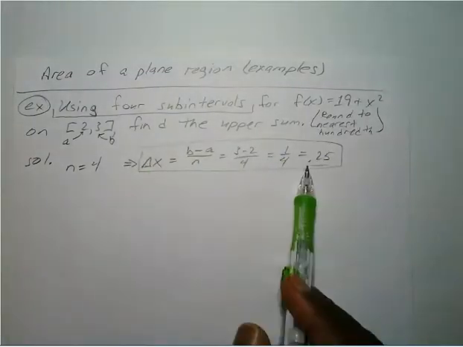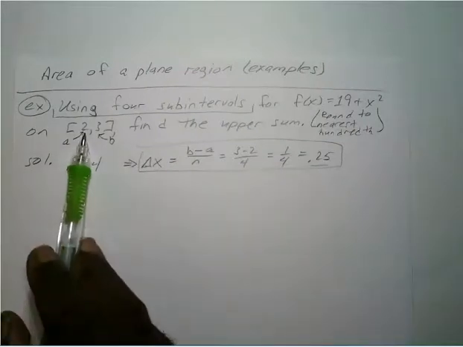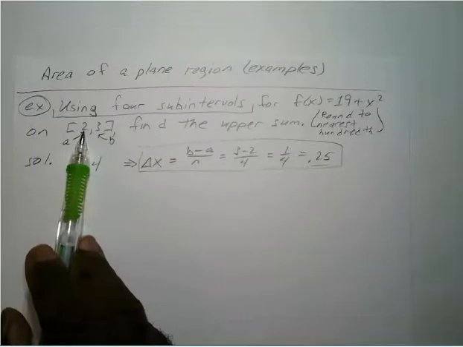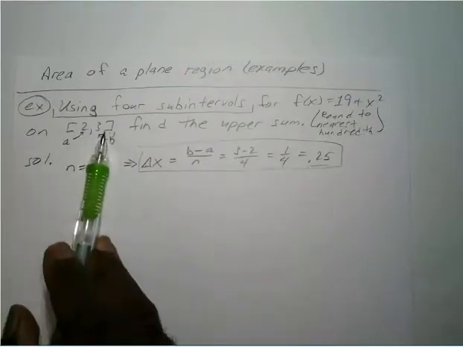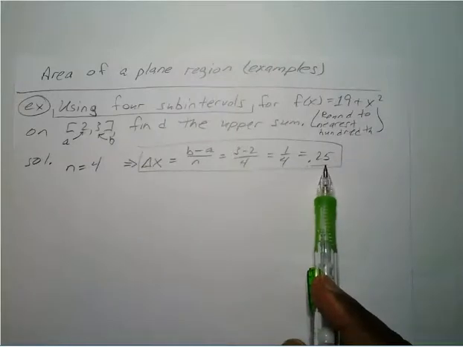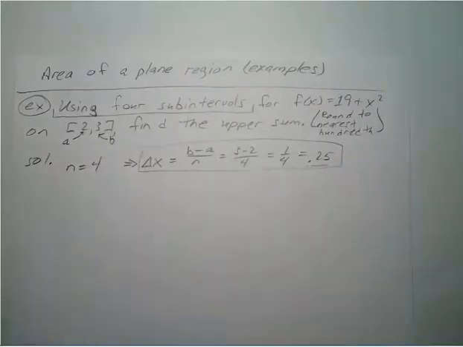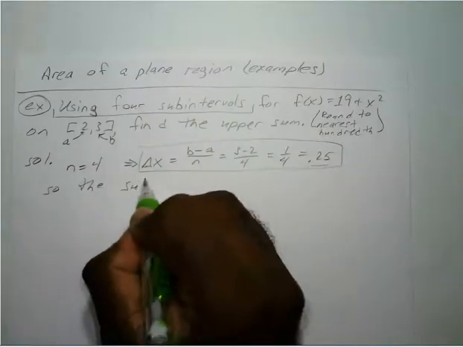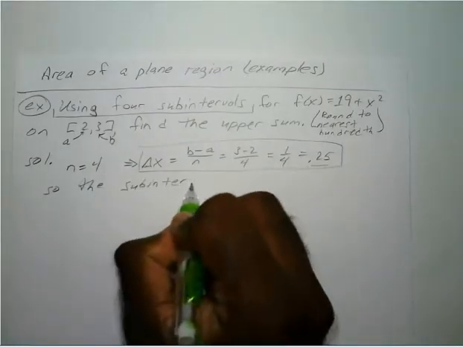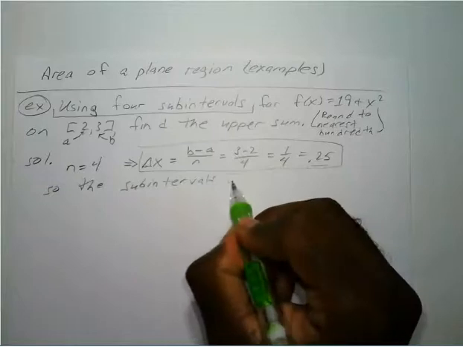So what does this tell us? This means that starting at 2, instead of going directly from 2 to 3, we're going to move up. Instead of one big interval, we're going to make 4 smaller subintervals that all have a distance of 0.25. So the subintervals will be,